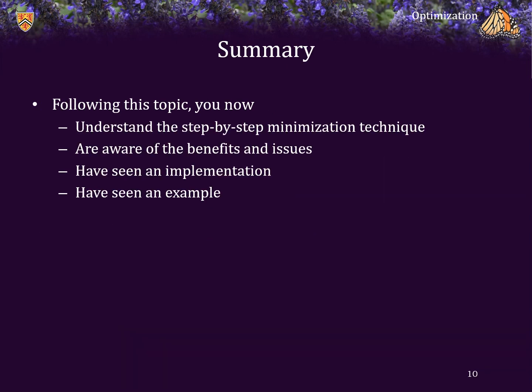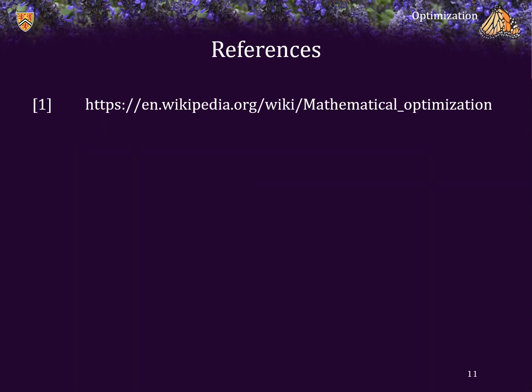So following this topic, you now understand the step-by-step minimization method. You are aware that there are benefits, but also some potentially strong drawbacks. You have seen an implementation, and we have stepped through an example where we found the minimum of sine of x. Here are the references,